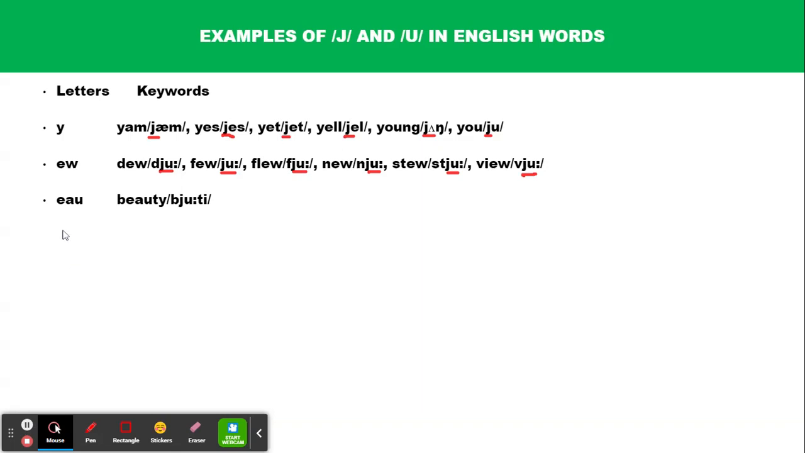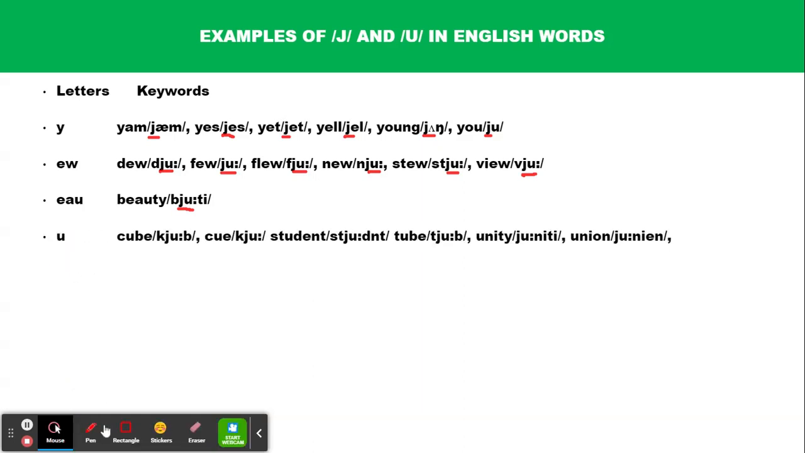Next, we look at the letters EAU in the word beauty. So you can again see the combination of J and U in beauty, and that sound, you, beauty. Okay, that's exactly what should be taken note of. Then the last letter containing the combination of J and U is the letter U,